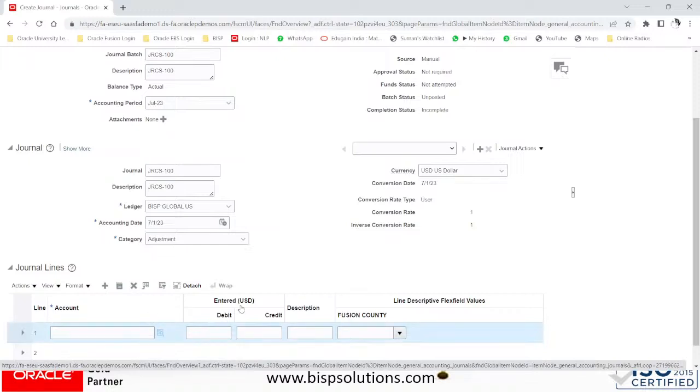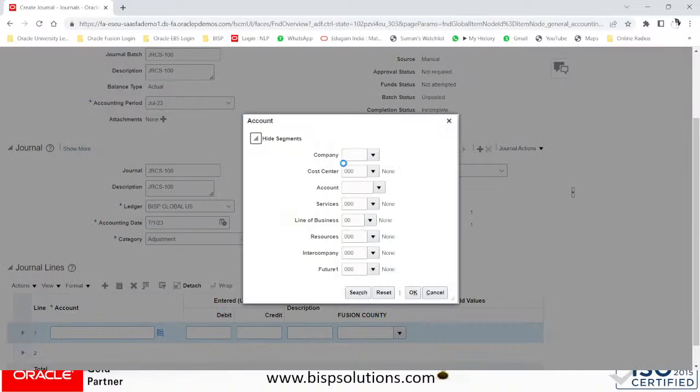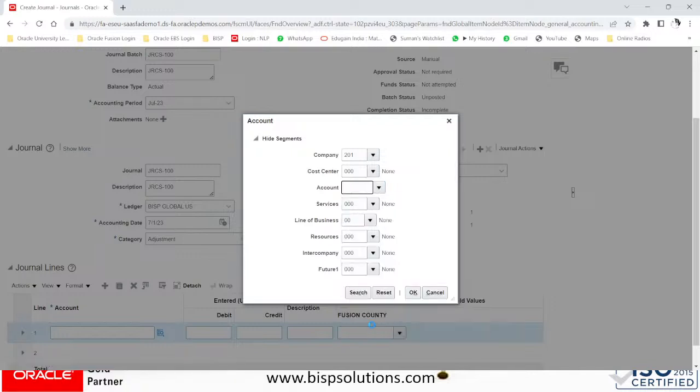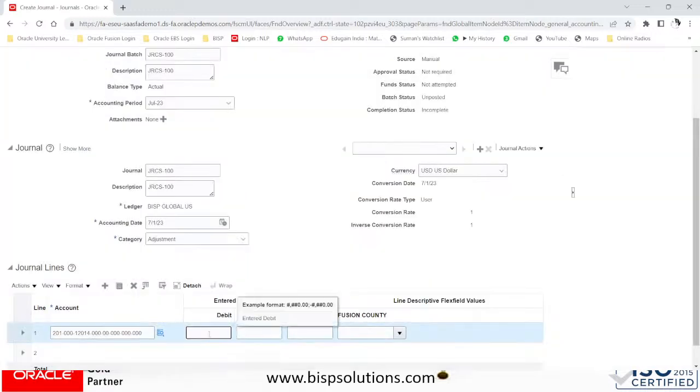Select that account. Select the account code. Say investment in stock. I take it as investment in stock, say $1,500, and description stock